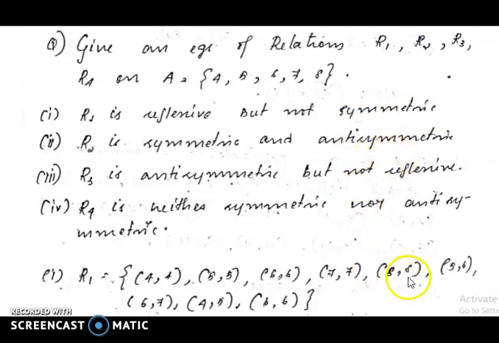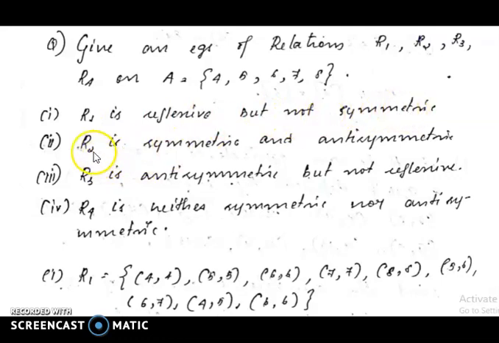So let us verify that here. 5 comma 6 is here. Whether 6 comma 5 is here? There is no 6 comma 5. Okay, 6 comma 7 is here. There is no 7 comma 6. Anyway, for the first term itself, we can say it is not symmetric. Symmetric means A comma B belongs to R means B comma A also belongs to R. 5 comma 6 is an element of R1 but 6 comma 5 does not belong. Therefore, it is not symmetric. So, this is an example for reflexive but not symmetric.